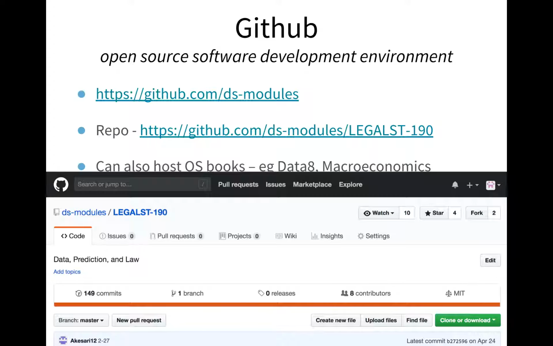Interestingly, GitHub can host many things, because as a place to host free software, it hosts all of the things that build Data 8. It hosts the Data 8 website. It hosts the Data 8 textbook. It hosts a bunch of elements, like everything that is the DataHub that we're talking about, the server at UC Berkeley that can serve thousands of students every semester. That's all on GitHub.